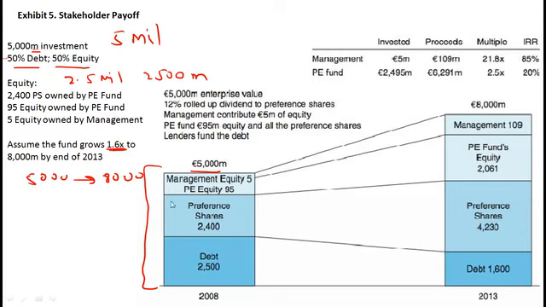Now the question is, this pie has become larger. It's gone from 5,000 to 8,000. Now who gets what? Who do we need to pay off first? Debt holders. The way debt works is, as the company is generating cash over these years, the debt holders are being paid off. We aren't asked to do the calculation here. We are just given in this question that over these years, the debt is now down to 1,600. This means that the rest of the pie belongs to the various kinds of equity holders.